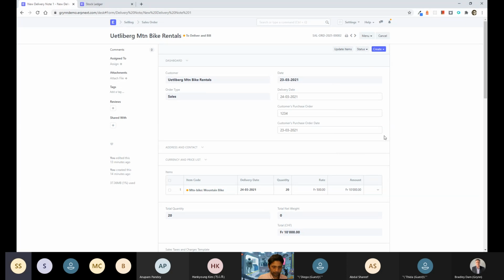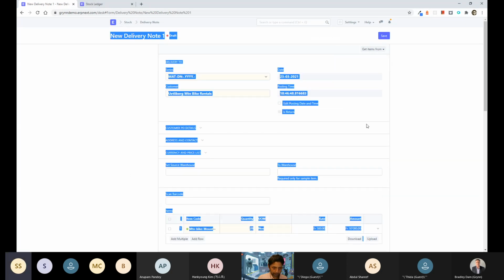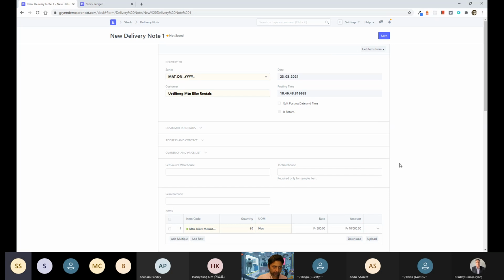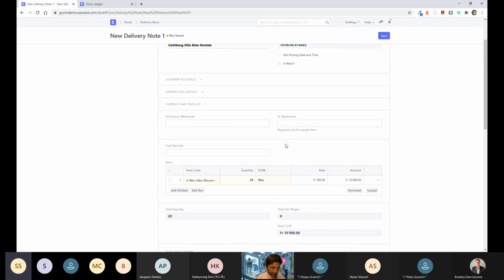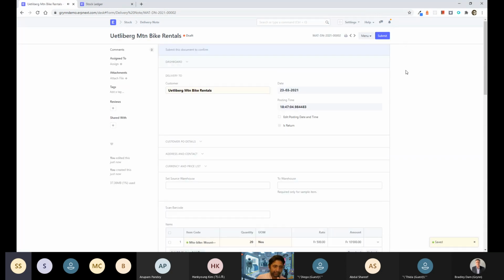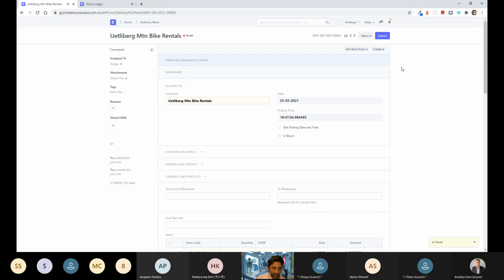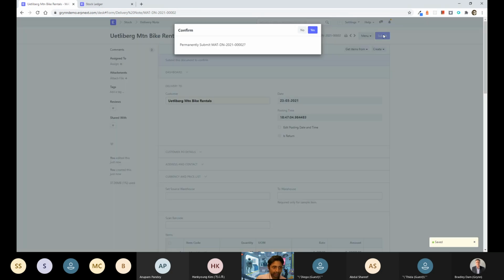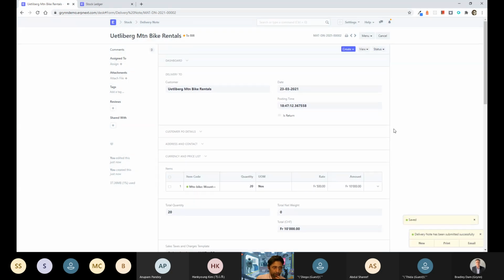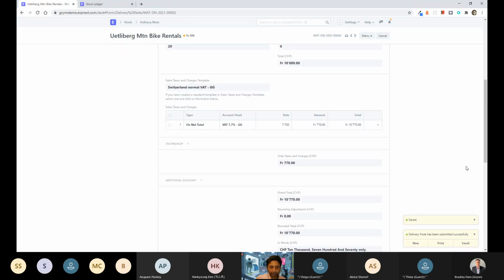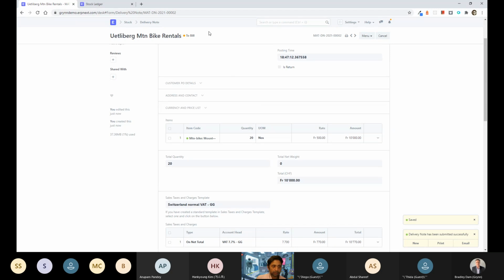I don't know why it's doing that. So I'm going to do a delivery note. What this should do is deduct 20 items from my store and make the number of bikes in my warehouse 0 again. After this, we'll quickly look at the P&L, and I'll show you what happened in the P&L. So the bikes have gone to the customer, and now we can go and make a sales invoice, and we can